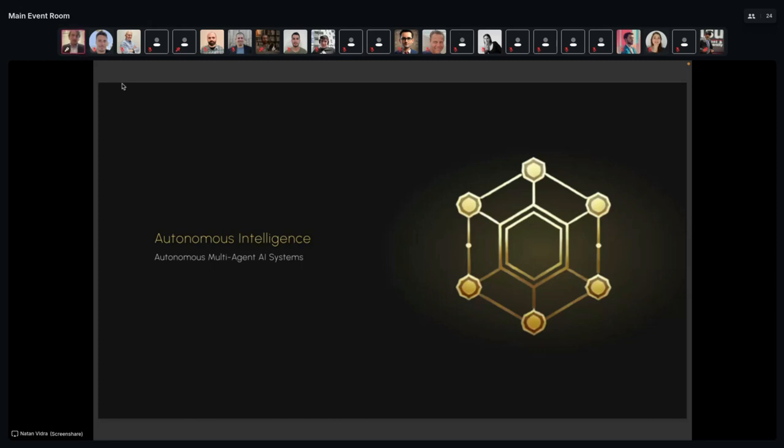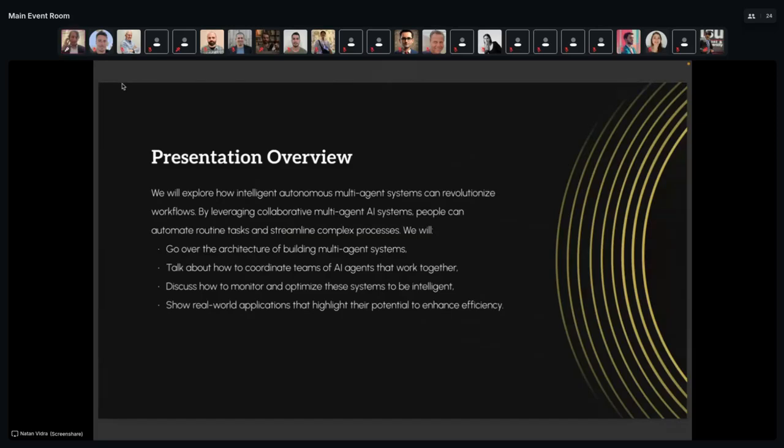The general idea is there's a rise in AI agents and multi-agent AI systems. I know everyone uses the word agent, so we'll define what I mean by agent. I wanted to share a few things today. We'll talk about the architecture of how you can build these multi-agent systems.